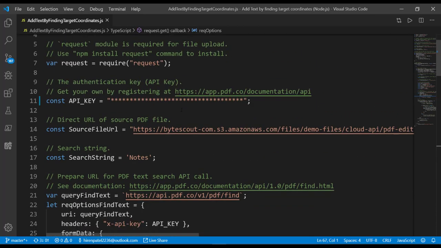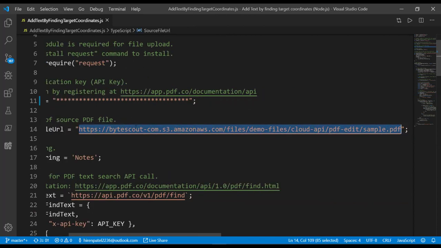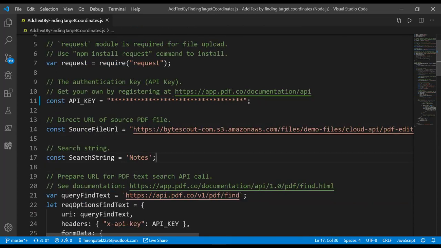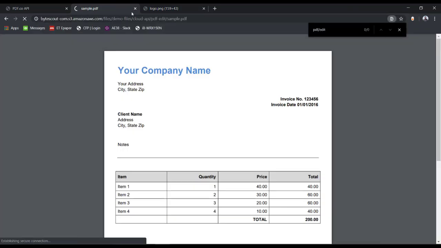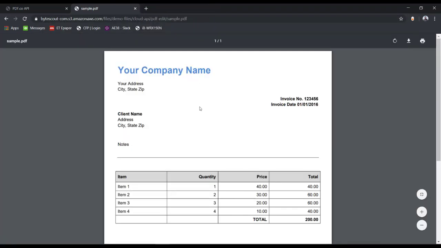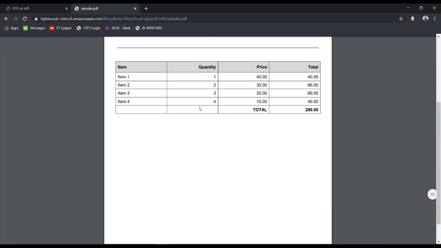In the input page, we are searching for a placeholder like Notes, and we are going to add a text beneath it. So this is a real-world scenario, where we are searching the text and adding text here.